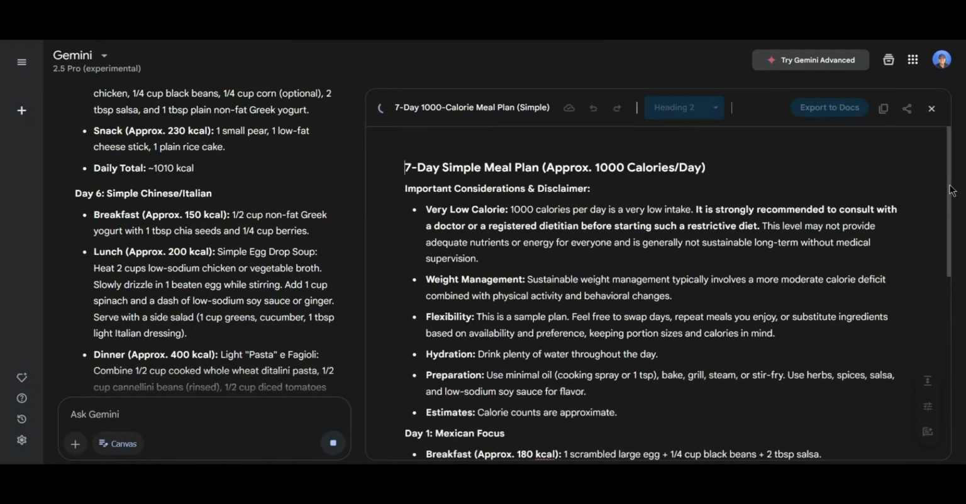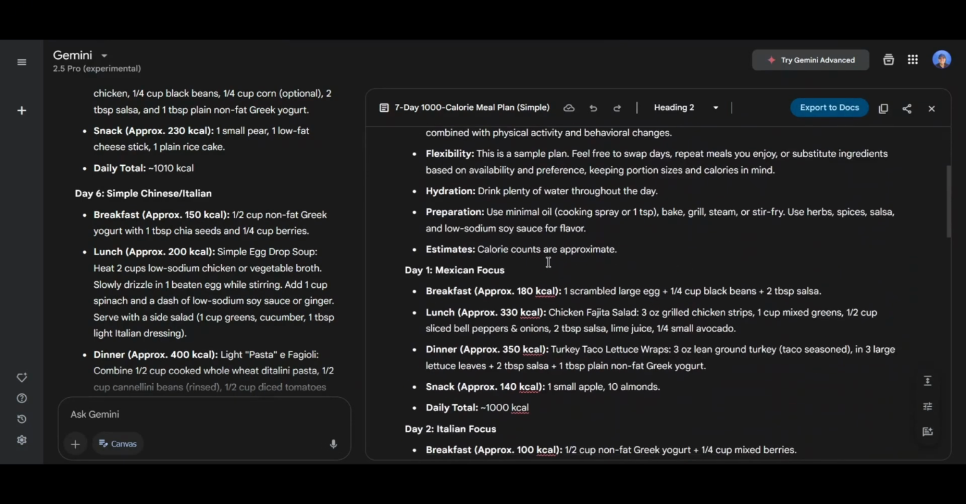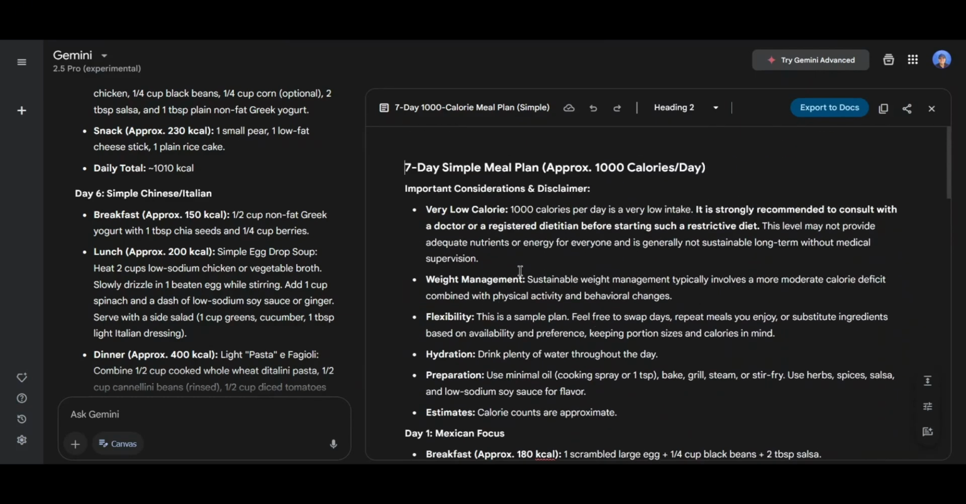And it's actually doing pretty well. Very low calorie, 1,000 calories per day is a very low intake. It is strongly recommended to consult with a doctor. It's even trying to tell you, be careful with what you're doing with your diet. So it even gives you all these tips: weight management, flexibility, hydration, preparation,